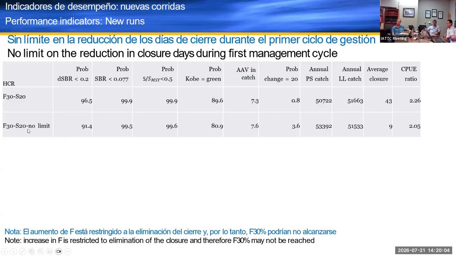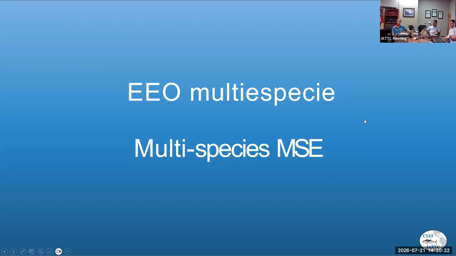And so any management procedure that has anywhere between a 10-day reduction and a full elimination of the closure will meet the management objectives. And it's been tested with MSE. So it gives us a very wide range of options in terms of the first management cycle if we choose this particular